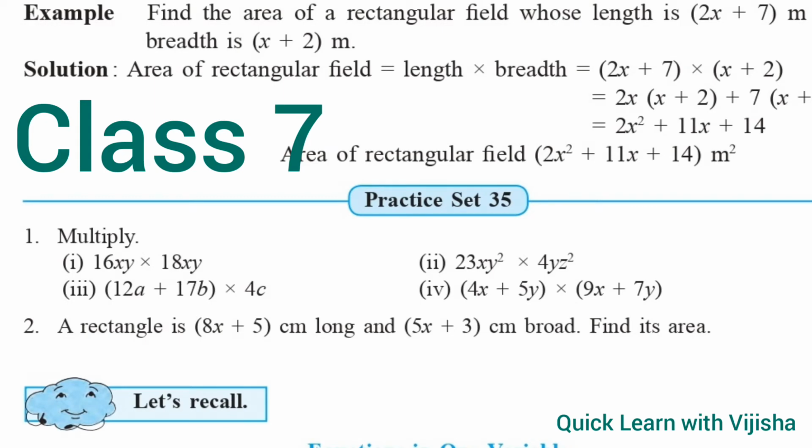Today we will see class 7 practice set 35. Here questions are given as to multiply the sum of the polynomials is been given. So we have to multiply it. We will learn how to do it in simple way. First question is given as